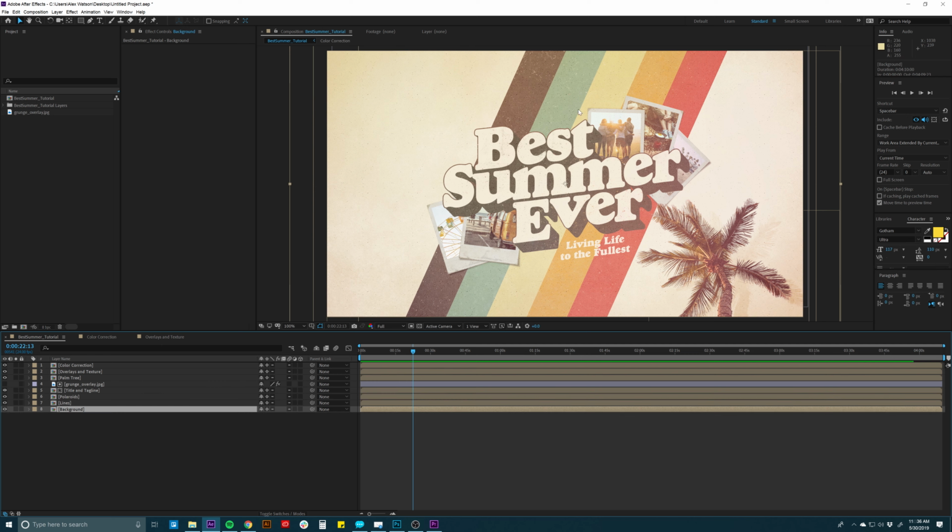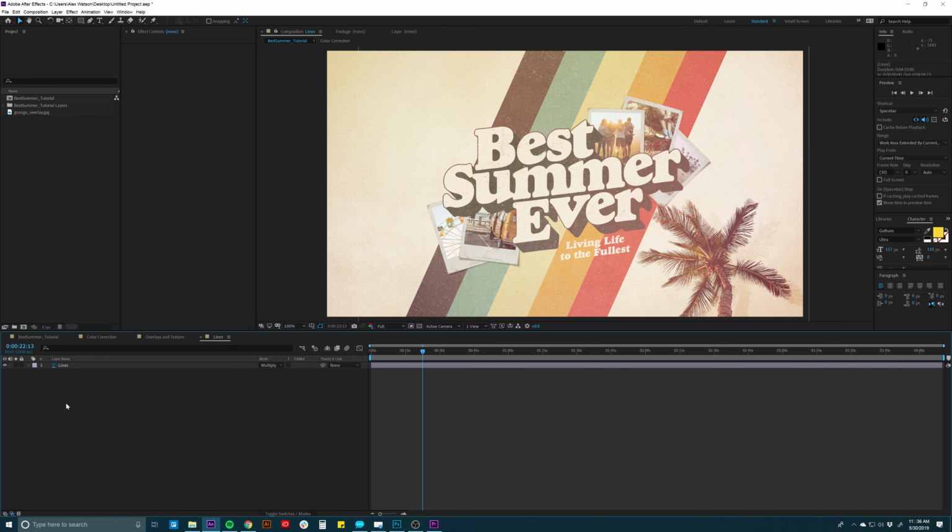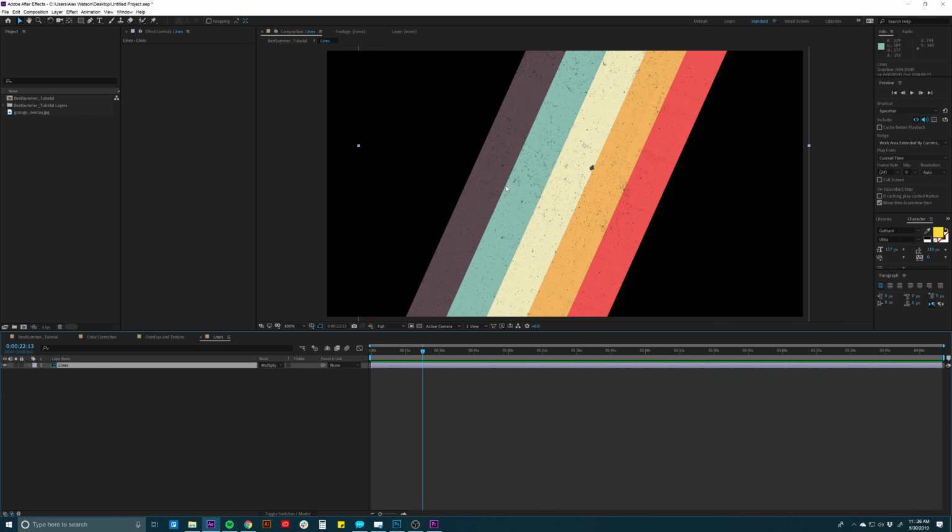So let's just do some real simple animation on some of this stuff. So let's go into the lines. Let's mess with this a little bit. And so this comes in as, this was a linked layer or maybe a smart object inside of the Photoshop document, and it's just making it all one, and that's fine. It was maybe a linked Illustrator file, so we could change the colors. But for this, we're just